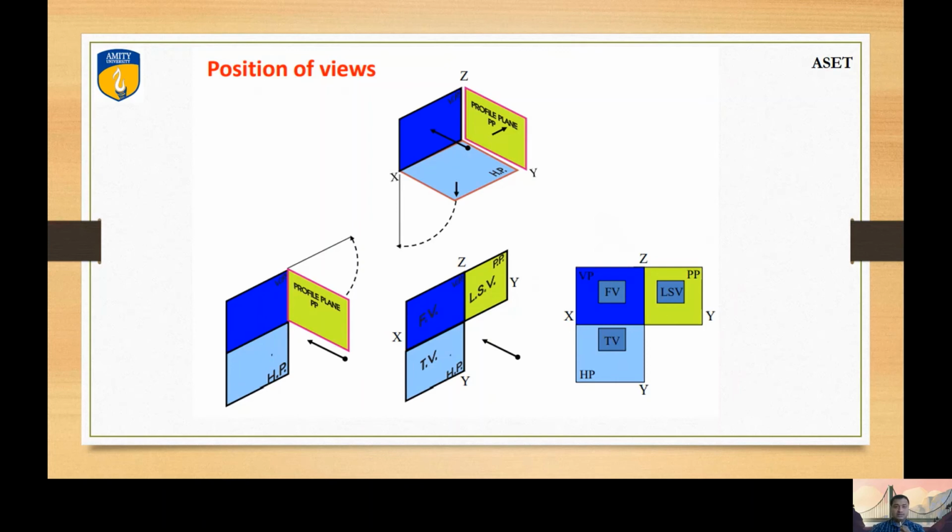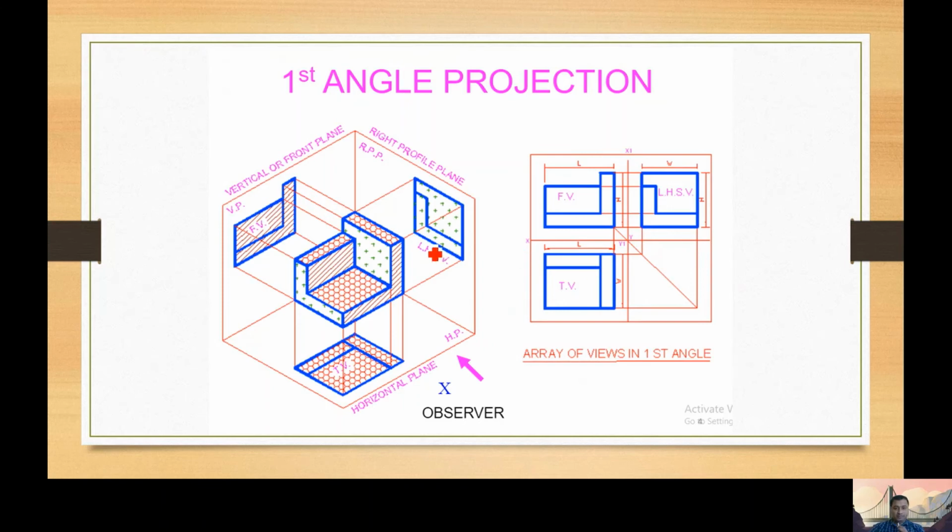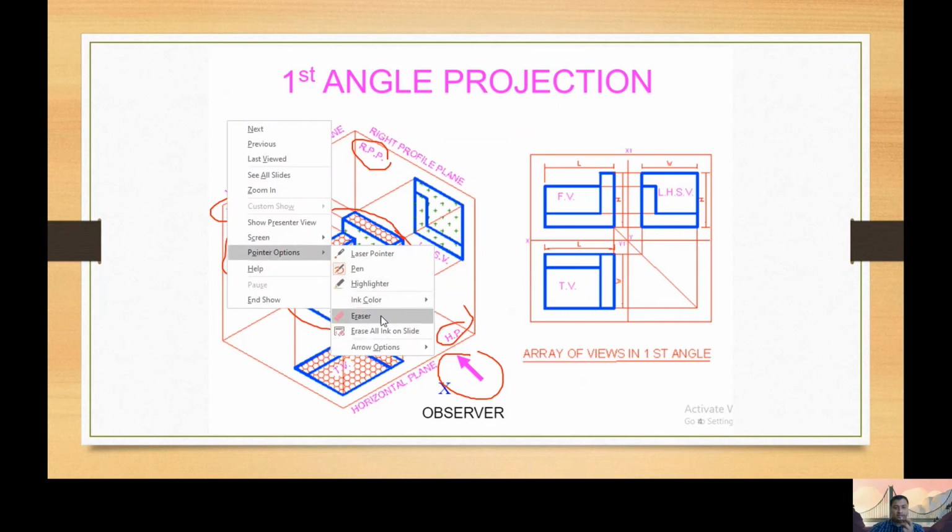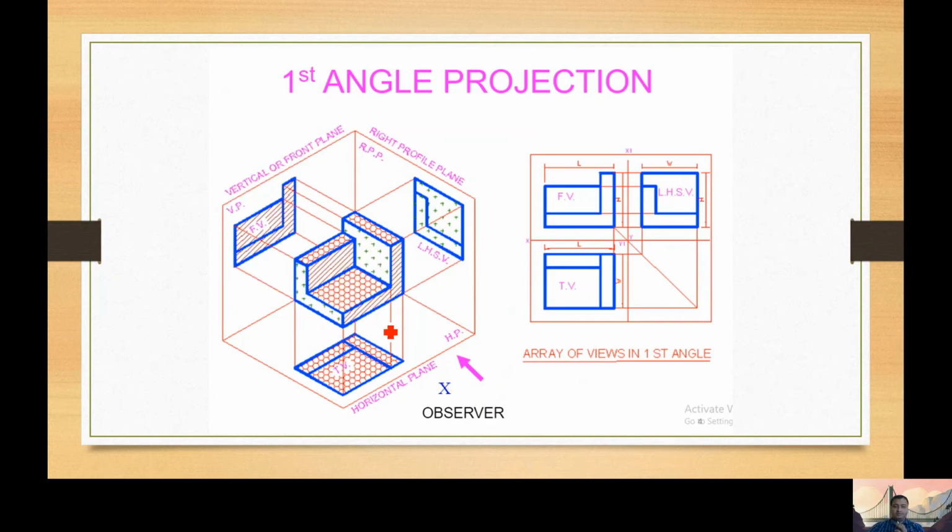Similarly, this is a good example, and I think this will make it more clear. This is my object located in the first angle, right? This is my vertical plane, this is my horizontal plane, and this is my profile plane. When you see the object from the front, this is my front view, which is obtained on the vertical plane. This is very important. Please visualize it. This is the reason I have gone through the presentation mode, so that you can easily visualize the angles and the object views. This is the front view obtained on the VP. This is the top view obtained on the HP. This is the left side view, which is obtained on the PP, profile plane.